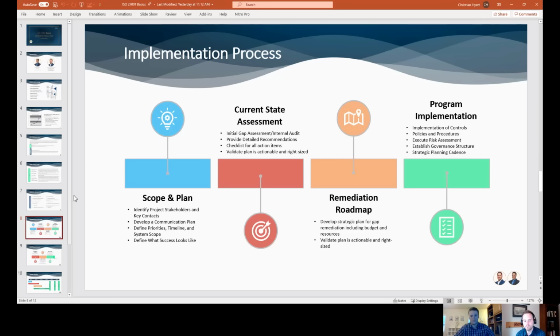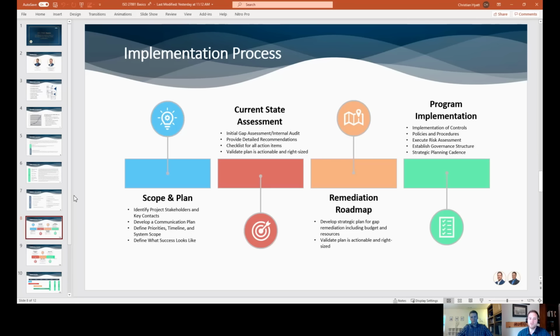So one of the questions that comes up is, does ISO apply to my whole organization? I feel like for some reason people have the impression that ISO is a framework that you have to implement in the totality of your organization, that it can't be narrow. There's probably some elements, like leadership has to be involved. So that's going to be a higher level control, but you can scope ISO down to specific applications, specific locations, specific processes and people. And it's important that you narrow that down, and how you narrow that down is going to be largely based on what you need to certify to satisfy your customer requirements or your own internal desires.